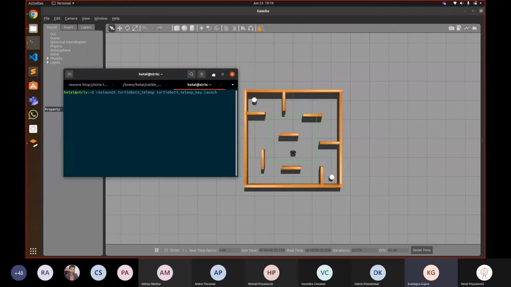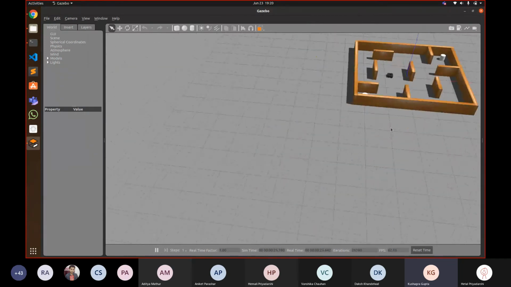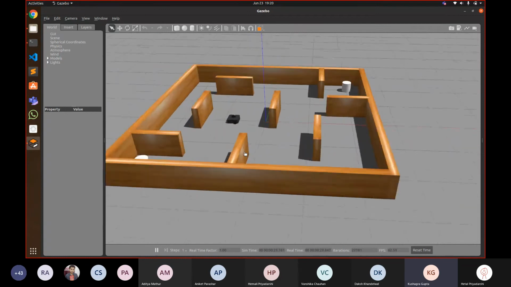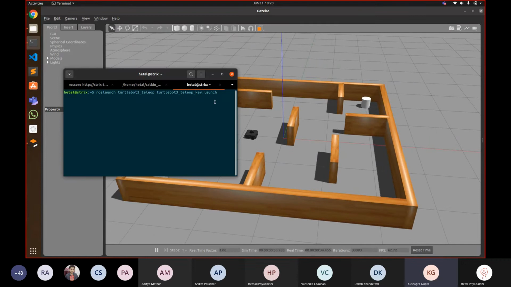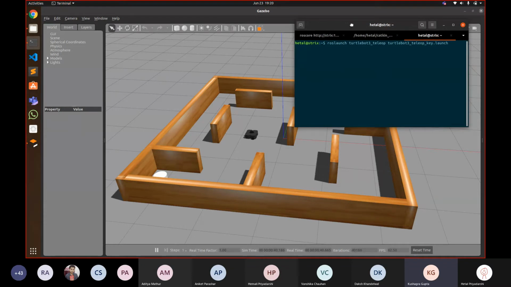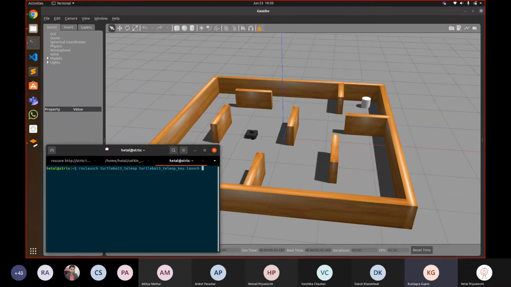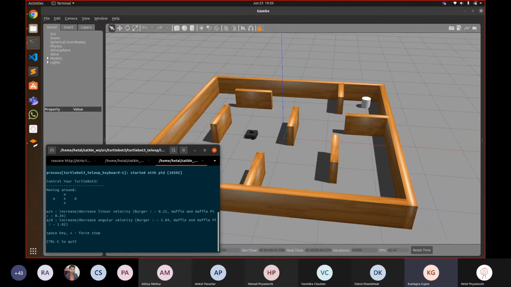How that is working is basically roslaunch means that you are about to run something using ROS, and then turtlebot3_gazebo tells you that you are simulating something in Gazebo, and then you put in the particular file name, basically the script which you are using. Then that will turn into a process called a node. Teleop basically means using your laptop arrow keys to move the robot in the simulation. Here again you can see that you are using the teleop package, turtlebot3_teleop, basically just telling it where the code that you want to run is.